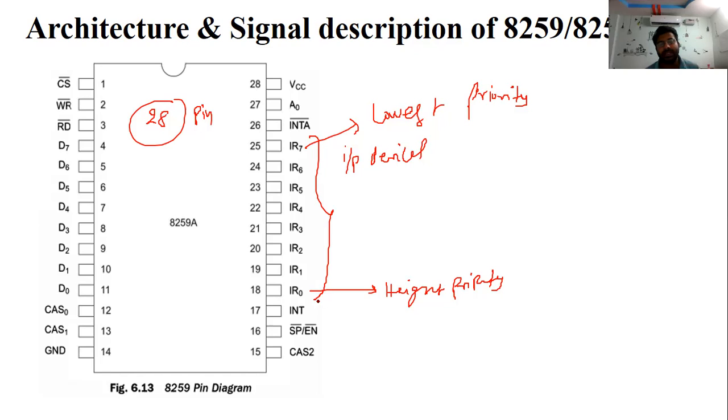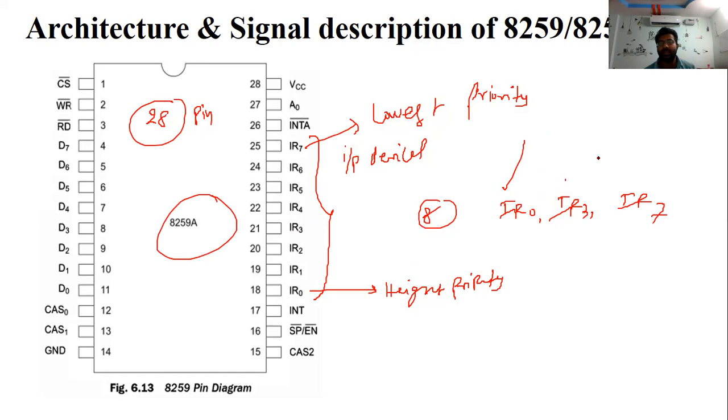Suppose you are connecting 8 devices, and out of them you give IR0, IR3, and IR7 for 3 devices' interrupt requests. The device will execute IR0 first, then IR3, then IR7, because IR0 has the highest priority.